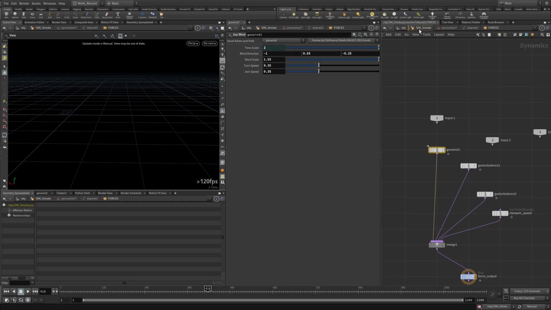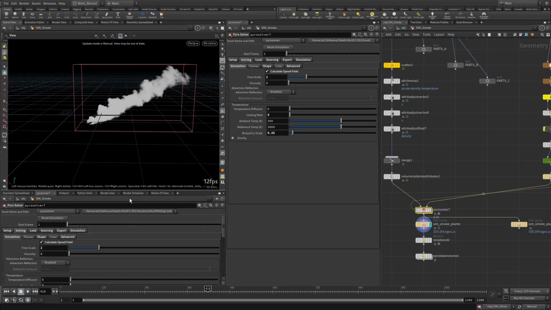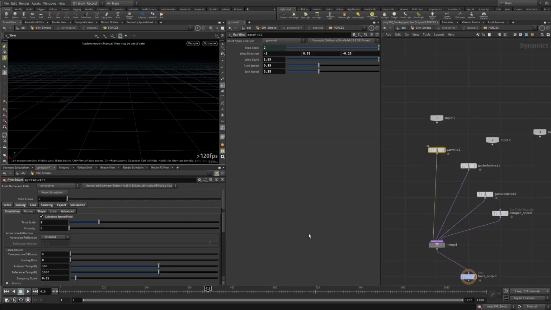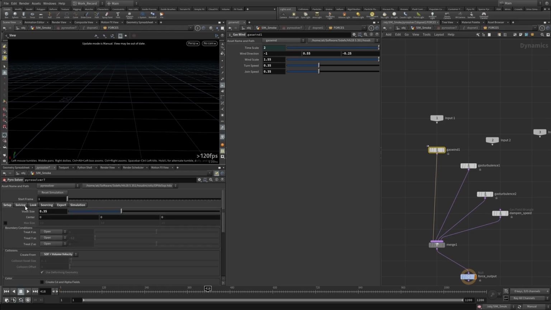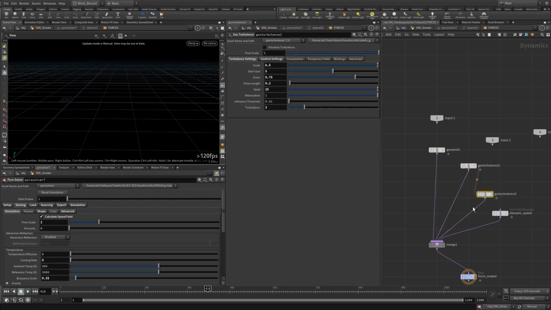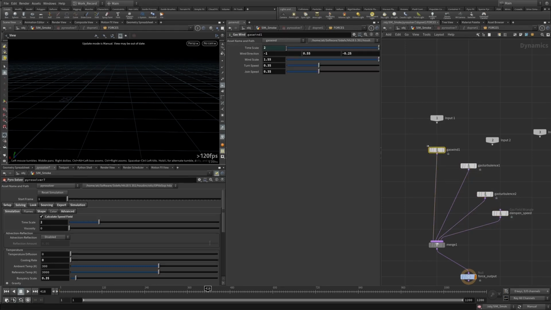Usually it's a good practice, if I just display the Pyro solver here and then I lock it here, to connect up the time scale to whatever node you do inside, and then you change the parameters according to that. Even though I haven't done this for the other parameters just because I simply forgot them, generally it's a good practice. But anyway, I set up the wind direction,